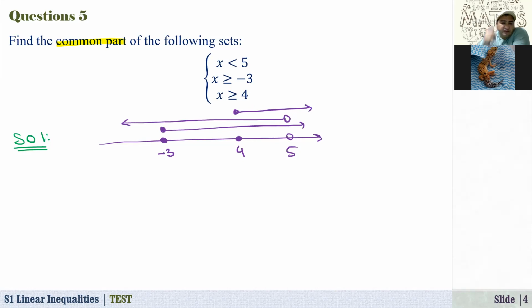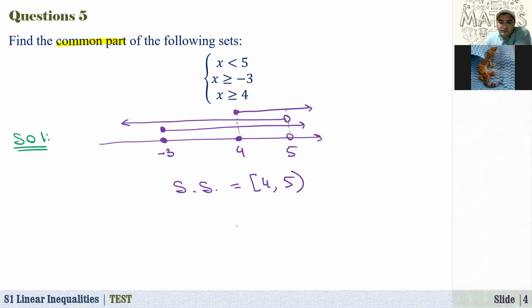Common part means that we have to find the set of numbers which satisfy all of these conditions or all of these inequalities. That means if you look at this, where do we have triple lines? Here, over this interval, we have triple lines, right? These lines are for all of these numbers. So the solution set, or the common part, will be from 4 to 5,